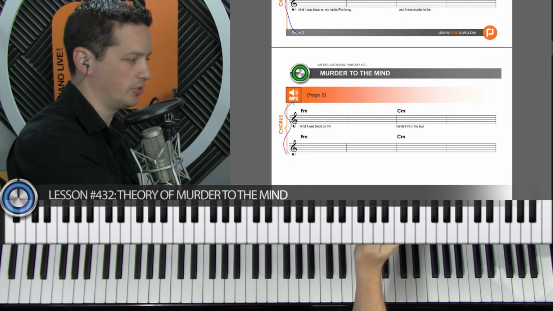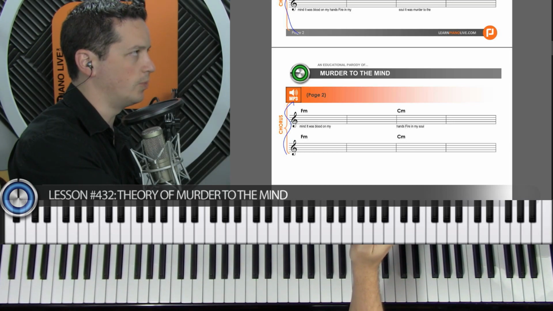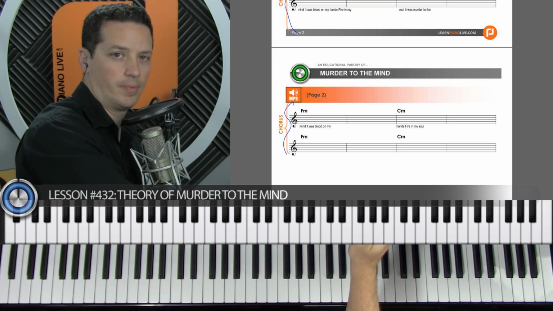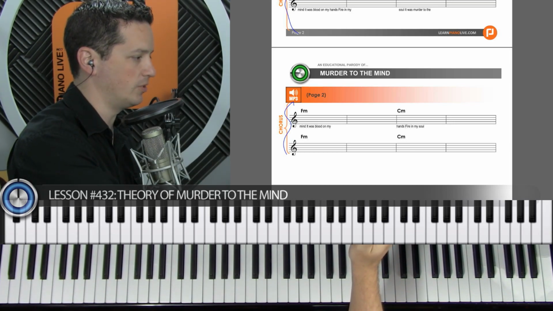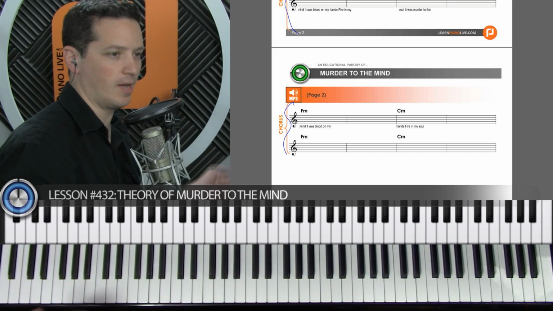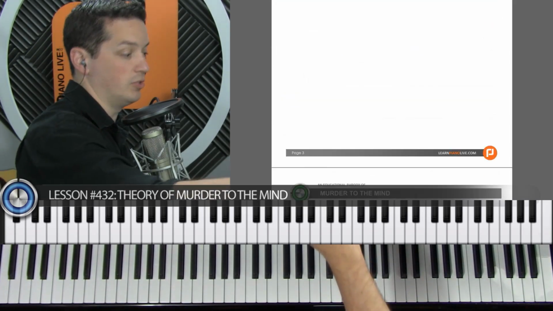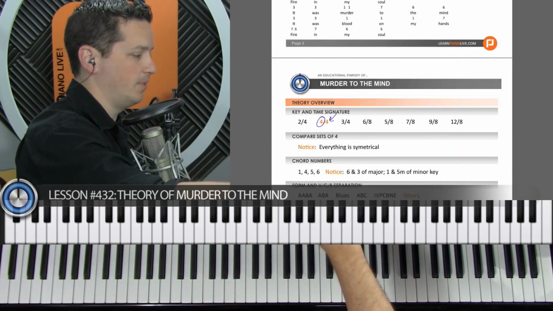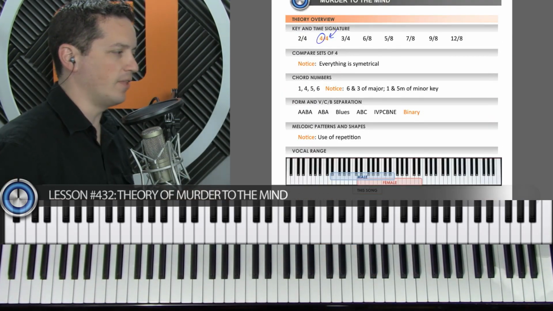So the chorus is also sets of 4, which is really easy to do with a looper pedal or something like that if you're wanting to set up something and then be able to come back and go over that repeatedly. Sets of 4 usually easier for that, in my experience. So then everything is symmetrical.